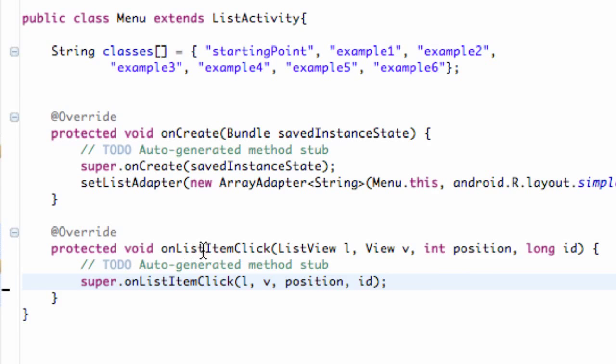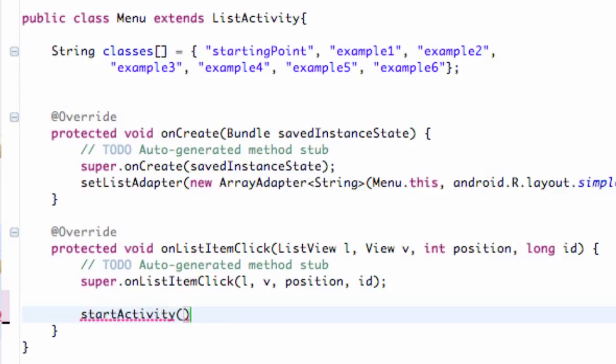And what I want you guys to do is go within this onListItemClicked method, and in the next tutorial I'll kind of break down everything that we've done, or we'll finish our application, then I'll break it down. I just didn't have time to do it in one tutorial for the most part. So I'll show you guys how to start a new activity. Again, it's pretty simple. We're going to say start activity,